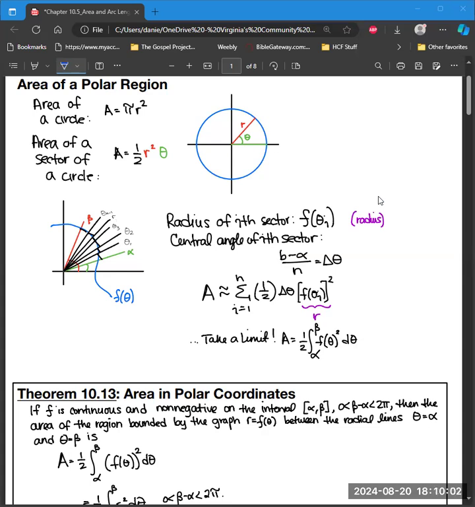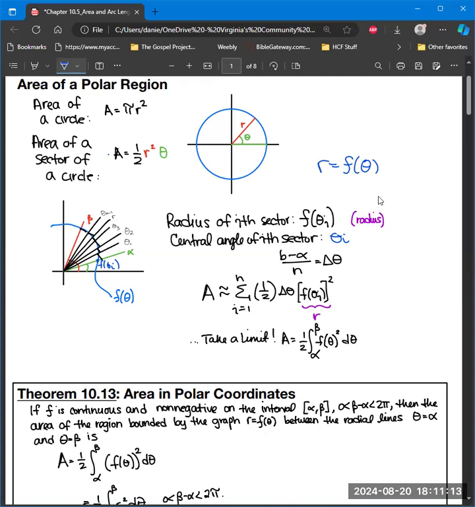And then we're going to use this formula right here, and we're going to use the idea of a Riemann sum and integration, where we start off with a radial line here at alpha, this is called a radial line, and a radial line here at beta, with beta being more radians than alpha. Then we can say that the radius r, which we're also going to call f of theta, of the ith sector, which would be somewhere in here, it doesn't really matter which one, to go out to that point right there, let's say that this is f of theta sub i, and the central angle of the ith sector is going to be theta sub i,